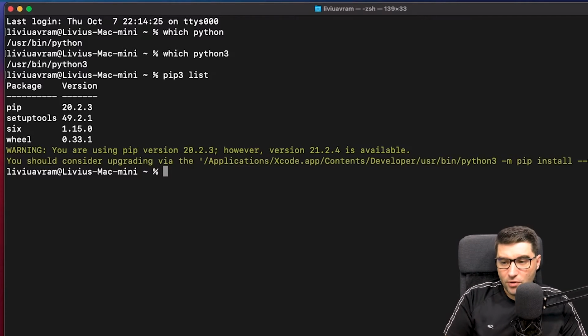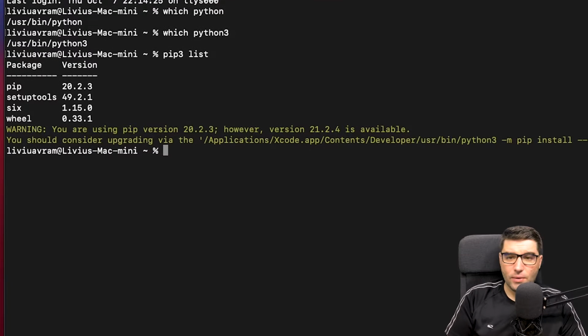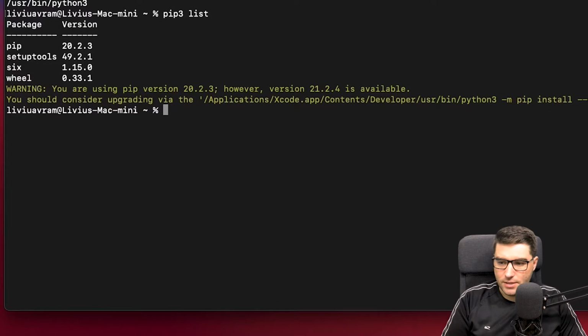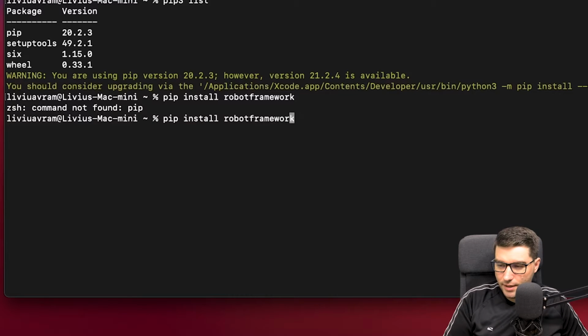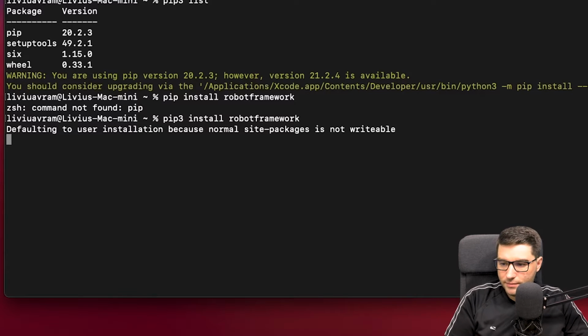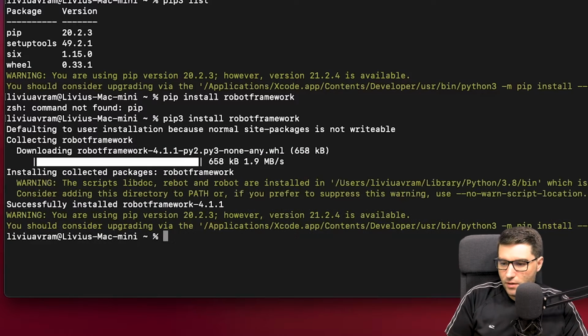So from the previous tutorials, we know the command to install Robot Framework is exactly the same whether you are on Linux or Windows or on Mac. It is simply pip install robotframework. And sorry, it's pip3 because there is no pip installed. All right, so now it is available.